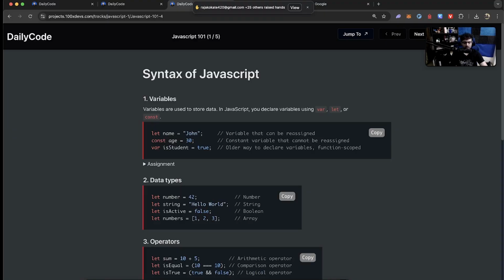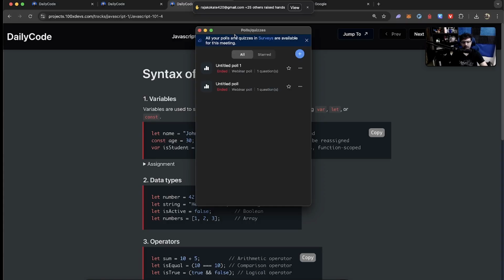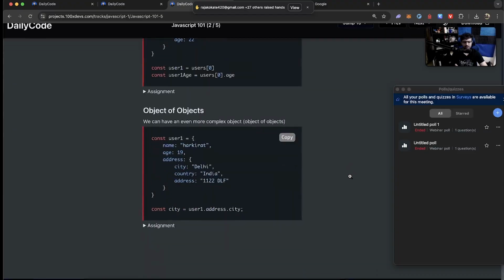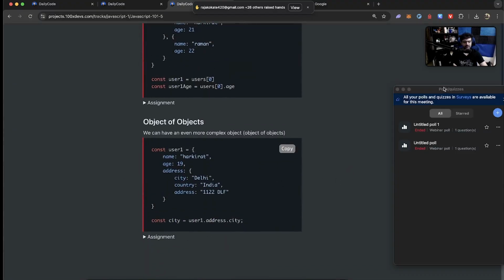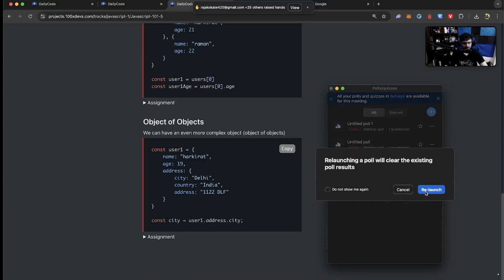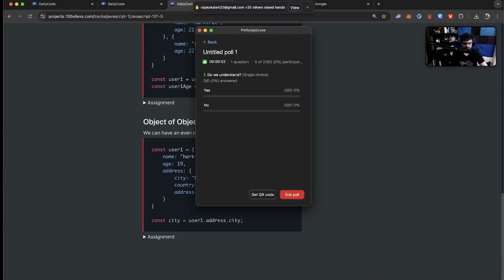Let me do a quick poll to understand how many of you already know this. Have you already written all of these things? Do you understand objects, more complex objects? For example, do you understand this code that is written over here? Are you already able to understand what this does? Are you already able to do the assignment that's written over here? Yeah, this one's an empty assignment, but is this code comfortable to you already? Yes or no?